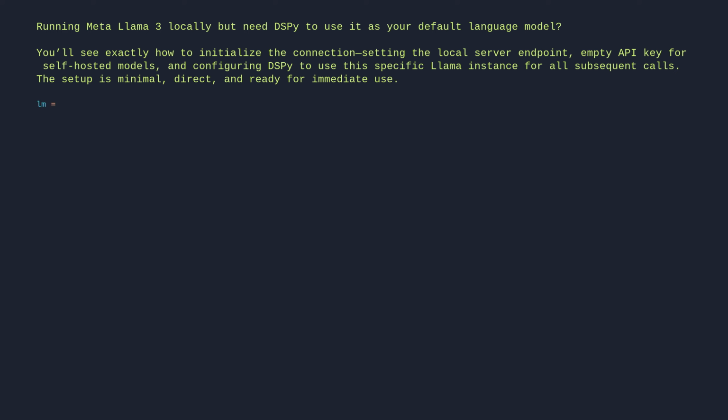lm = dspy.LM('openai/meta-llama/Meta-Llama-3-8b-instruct', api_base='http://localhost:7501/v1', # ensure this points to your port, api_key='', model_type='chat'); dspy.configure(lm=lm)